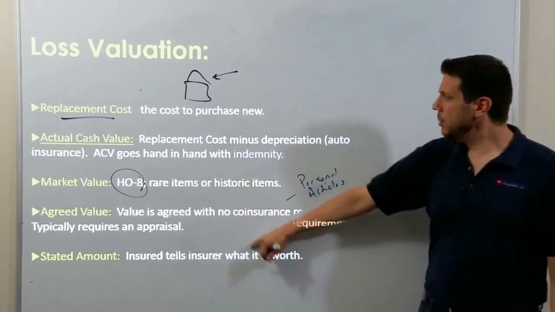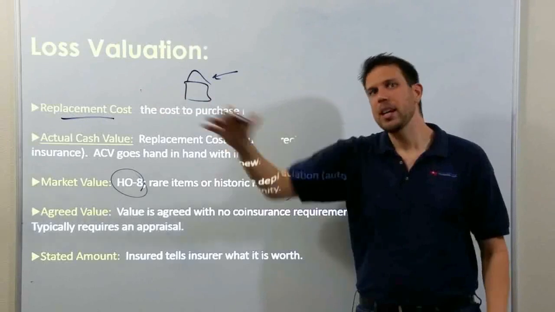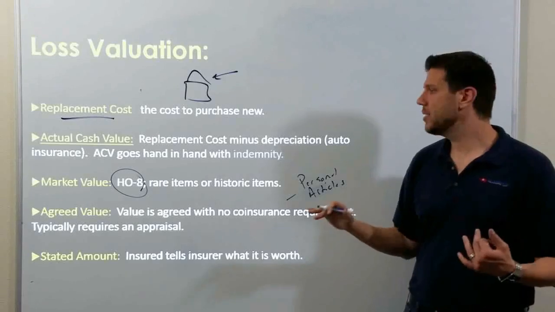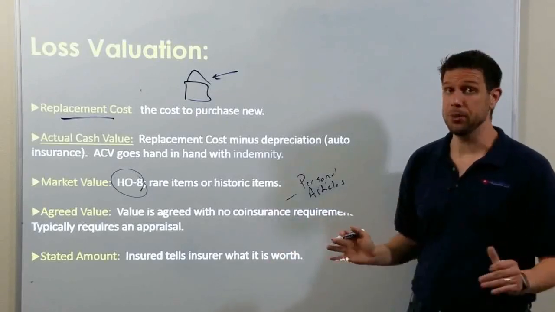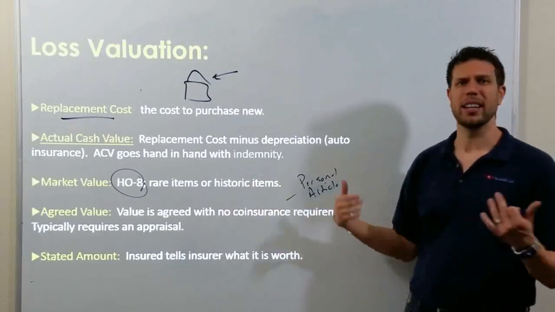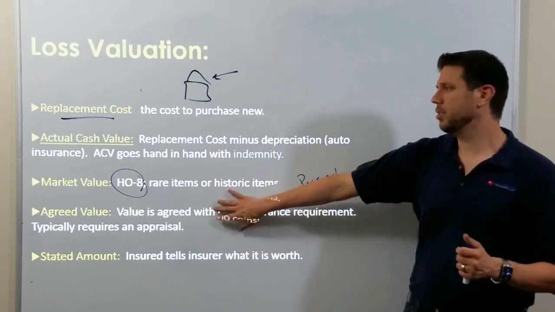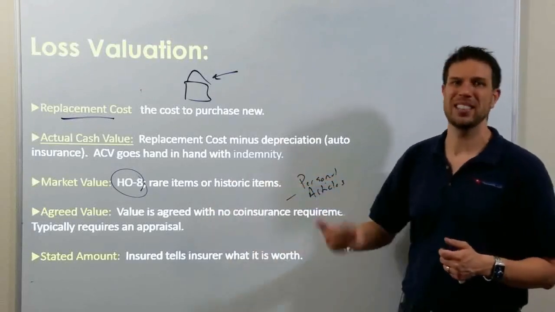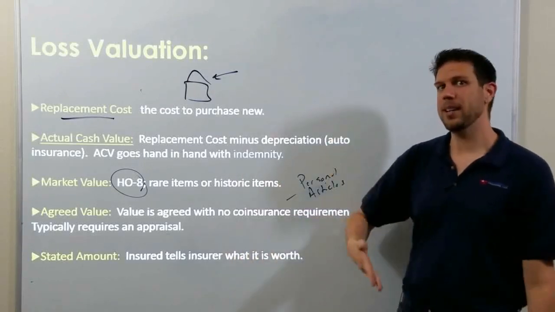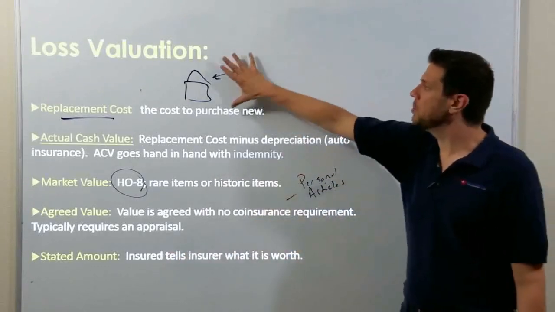Stated amount is similar to agreed value, but this is where you tell them how much it's worth, and they never agree that's how much it's worth. They just say, okay. Stated amount is almost never used. You might use it on a unique car. So like a 1969 Ford Mustang that's been completely rebuilt. An appraisal is not going to do it any justice. So you just have to tell them exactly how much to insure it for. They don't agree that's how much it is, but that's how much it's covered for. Stated amount is just, this is how much it is. Very rarely used.